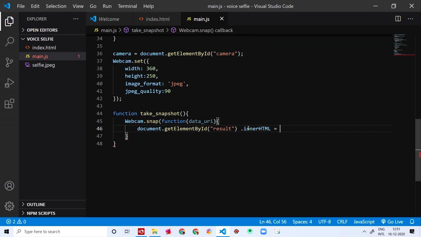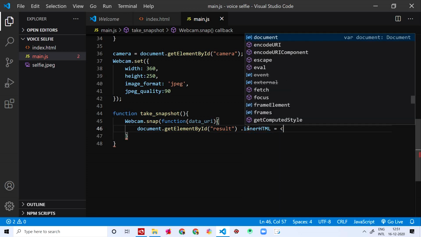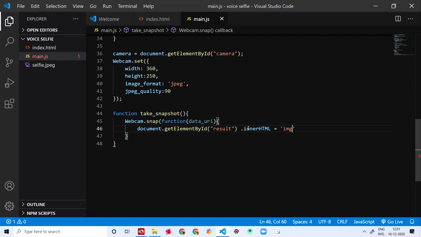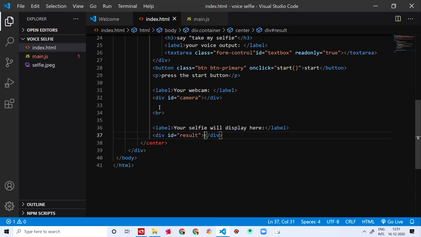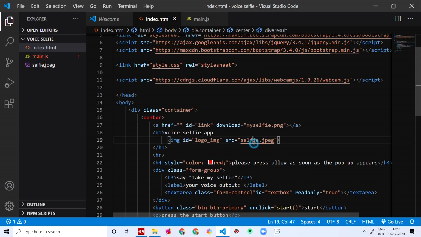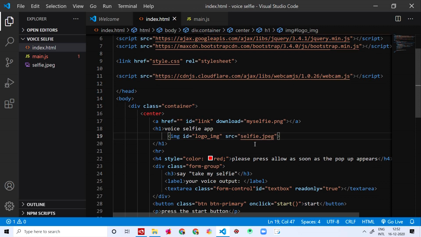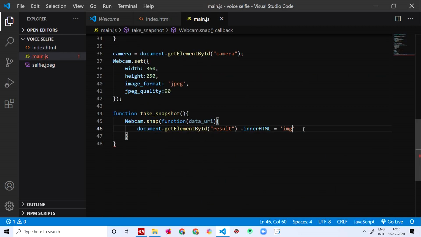What should be displayed is the image that we took. So I'm going to say image. You guys remember at the starting we said download image in the index.html. Let me show you. Yes, here, link download my selfie.png. So that one is going to be downloaded here. And then the image ID is equal to selfie underscore image,